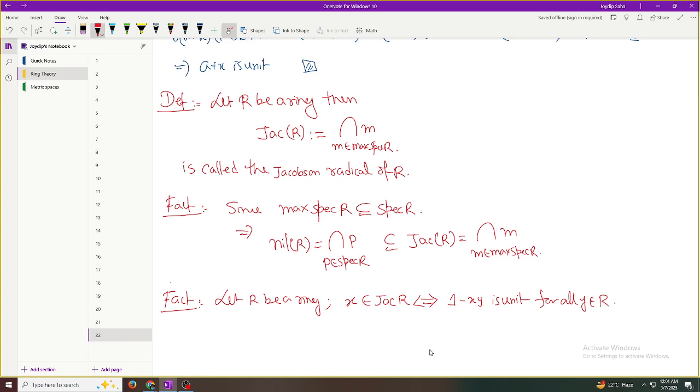Use this fact. At first prove this fact, then use this fact to find the Jacobson radical of Rx. I think I write Rx. R is a ring. Find